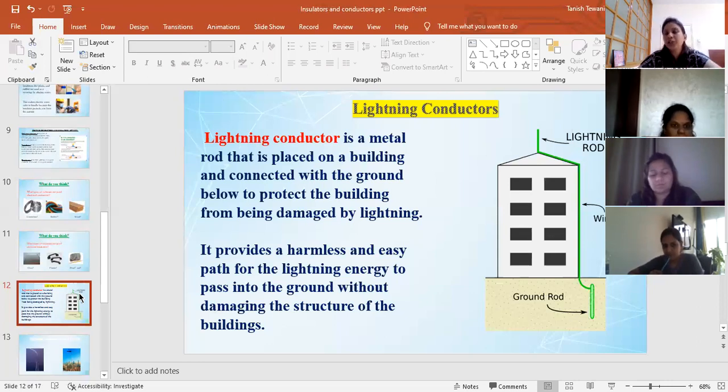A lightning conductor is actually one rod made of metal, mostly of copper. It is fixed on the top roof of the building, like a spike. During the rainy season, when dark clouds come near this rod, from those clouds some positive ions, electrons... actually, you will study this in the next grade, like 7th grade.